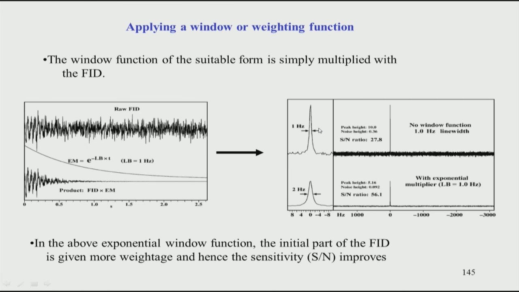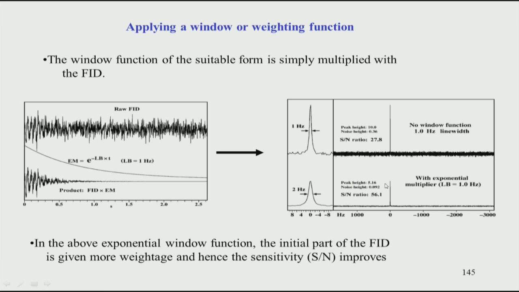So, the area of the peak does not change, then if I increase the line width, I have to compensate by reducing the height. Automatically the height is reduced so that the area is kept constant, but here the noise has also gone down a lot. Therefore, when I take the signal to noise value, I will get a better value compared to this, almost double. So, you see, by doing this exercise of a window function, I can improve my signal to noise tremendously.